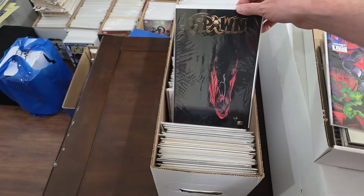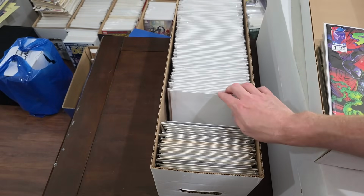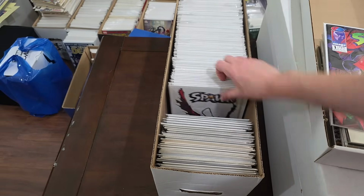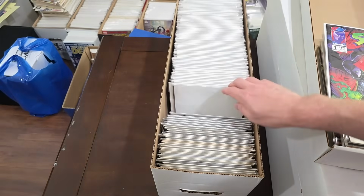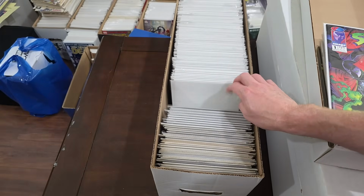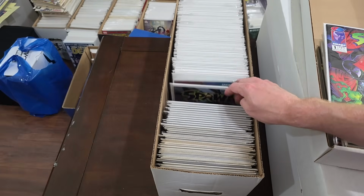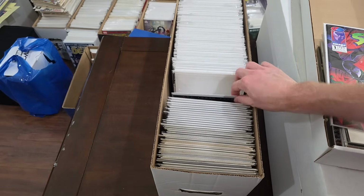This was the biggest part of this collection. I'm not going to lie to you, this is why I bought the collection. This was everything here. The first bigger book. Oh, this is a bigger book too. 82. The first bigger book here. Let me find. Oh wait, isn't all this Capullo stuff? It's all amazing. But in here is...